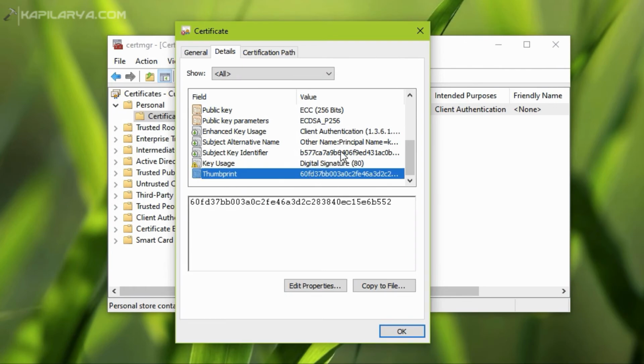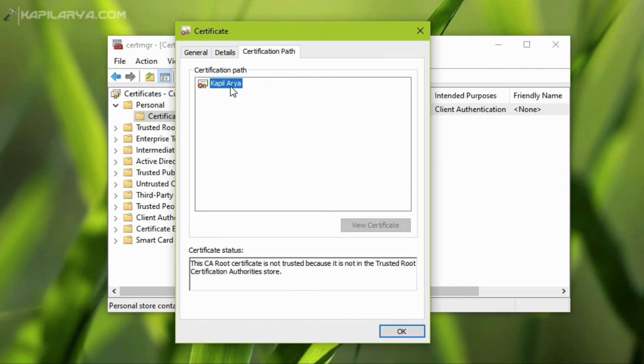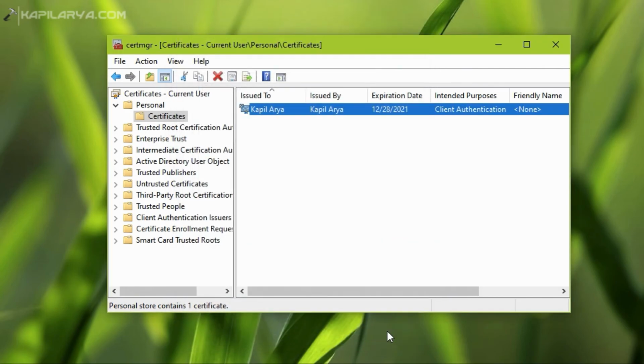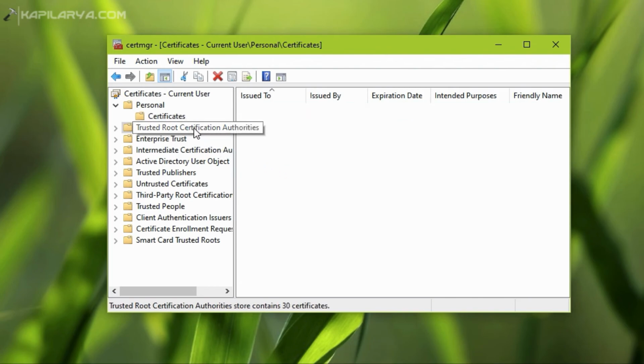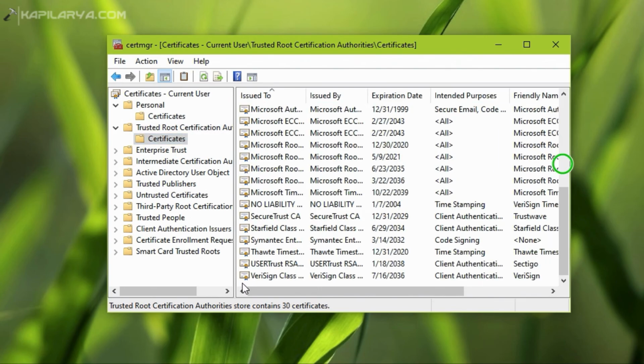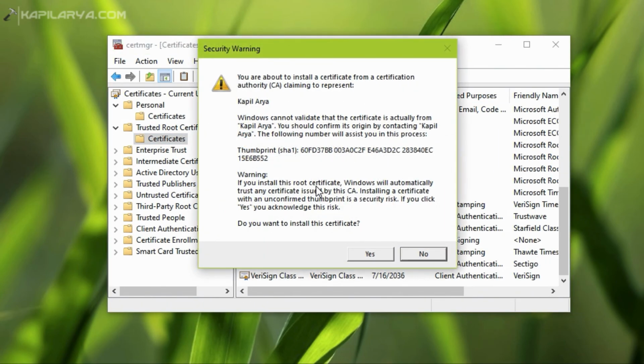So these are all the details for the certificate generated by us, but this certificate is not in the trusted store because it is not from a trusted root certification authority. So this certificate is not accepted right now because it is not present in the trusted root certification authorities. To make it trusted, we will simply copy the SSL certificate and paste it in the trusted root certification authorities, and you will receive a warning here, which is obvious.